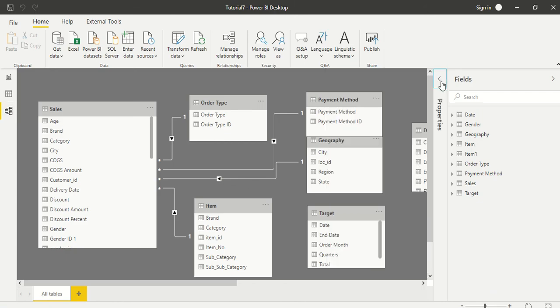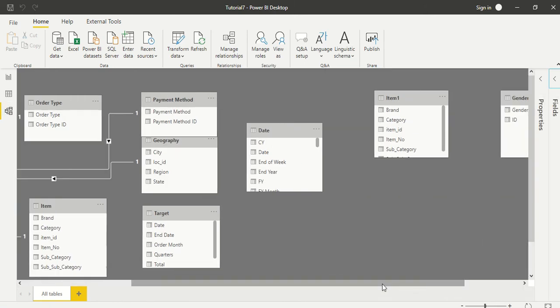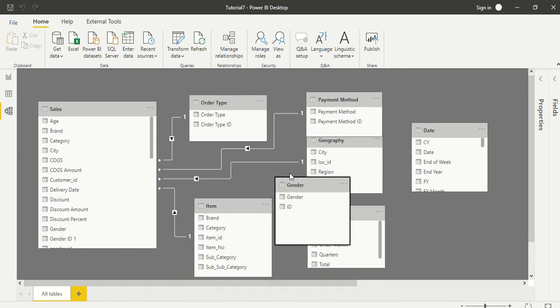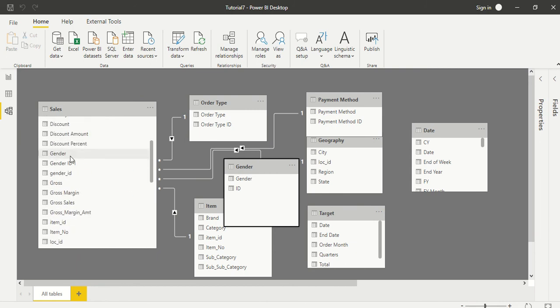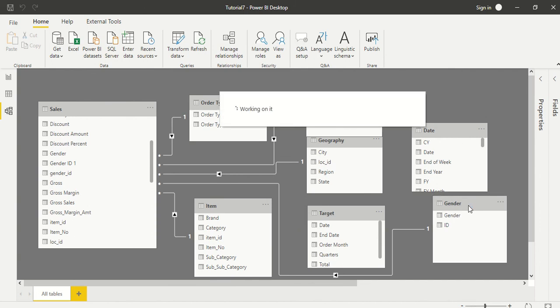So we go here, and first of all we have to find the gender table, lying separately out here, and we have created this gender ID. So let's search the gender ID 1 column, and this is ID and gender ID. Let's try to join those, and Power BI did allow us a join. Let's save and check it out. We're able to save these changes.